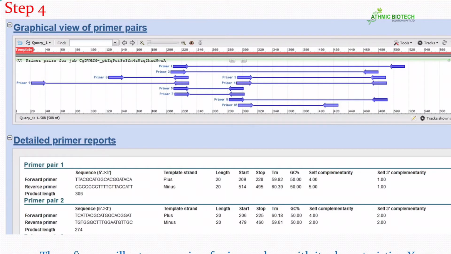Self complementarity and self 3' complementarity are given here, which is also good. Based on these parameters, and at the bottom the product length is given, that is the amplicon size, what will be the PCR product size.